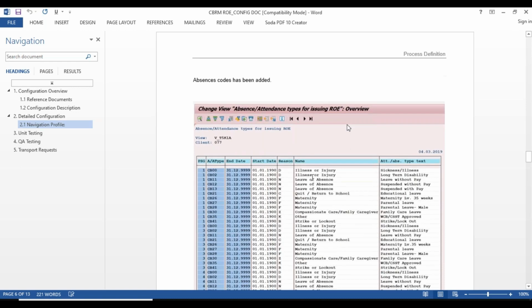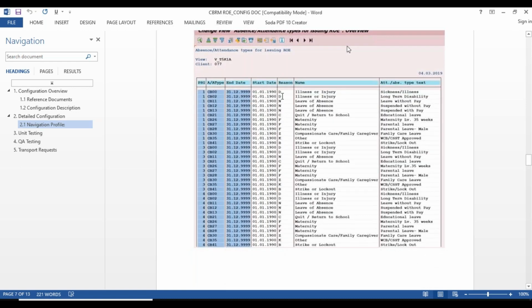And absence codes, again, in the absence code, we'll do the reason code mapping. So this section is again taken from the Service Canada website. Okay, and which absences would help us trigger the ROE, those absences are configured here as well. So basically, you need to add those absences here and then map them to the appropriate reason code. Okay,